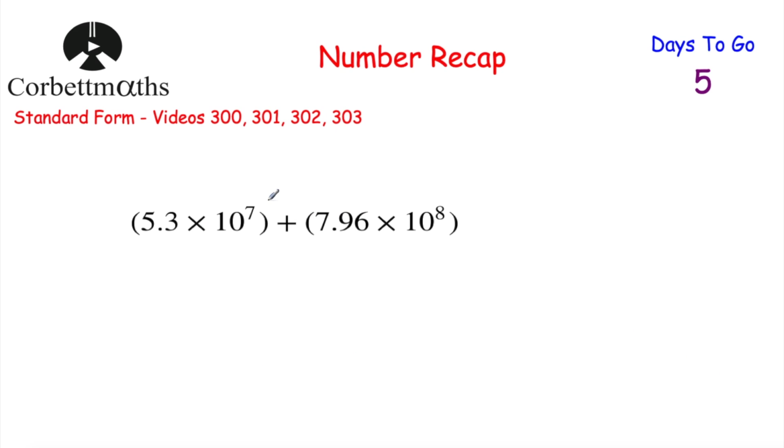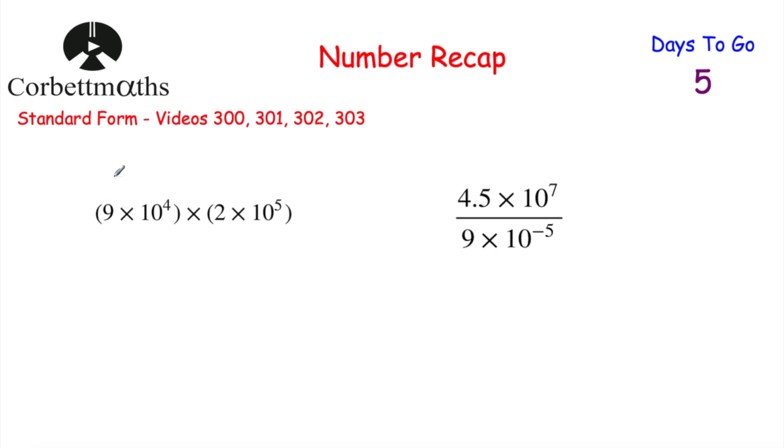With numbers in standard form, we may be asked to add them or multiply them or divide them and so on. Multiplying and dividing them is quite nice because there's a bit of a shortcut with those. But in terms of adding them, if we were given something like this and we were asked to add these, you would write them out in full and then add them and then get your answer and write it back in standard form. So for this one, this would be 5, 3, and then 6 zeros: 1, 2, 3, 4, 5, 6. This would be 7, 9, 6, and then we'd move the digits 2 columns to the left. So we then add 6 zeros: 1, 2, 3, 4, 5, 6. Then you would just add these using a column addition and then get your answer and write it in standard form. So that's how you would add numbers in standard form,